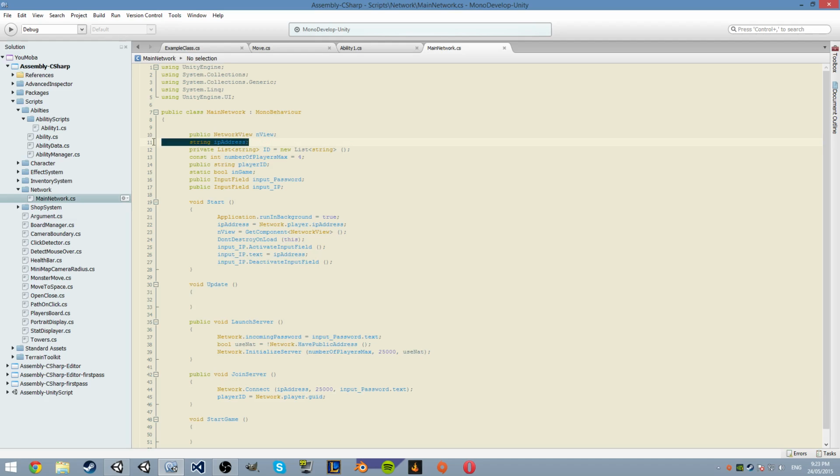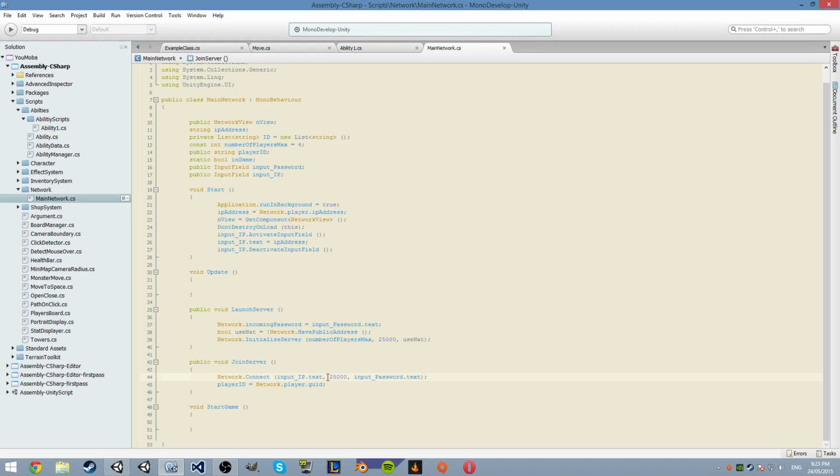This is your IP address. So we're actually not going to use IP address, we're actually going to use input IP.text. There we go, and then we set player ID,